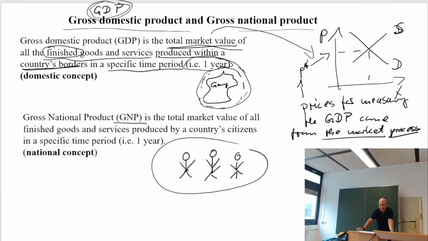Well, for Germany, I already can tell you that these two numbers do not differ very much, because what is the difference? Go, for example, to the Dutch border, 50 kilometers here to the west from us. Then there are some people, German people, living in Germany, working, for example, in Groningen. And the other way around, there are some Dutch people living in Groningen, working in Emden or so. Well, and so of course, these people change every day where they are working, then the Germans, which are working in the Netherlands,